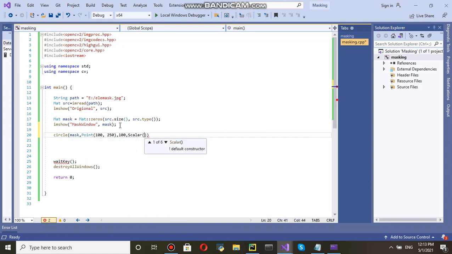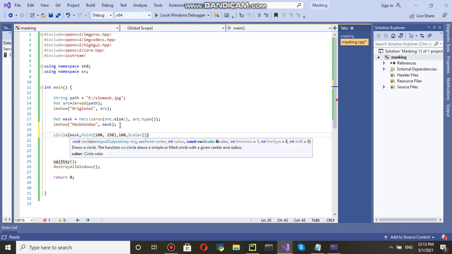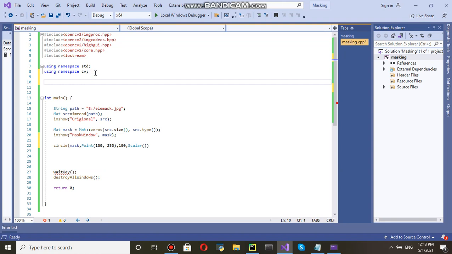And then a Scalar color. Actually, it is better to define the color here: Scalar color equals Scalar 255, 255, and then 255. Control S, save it.